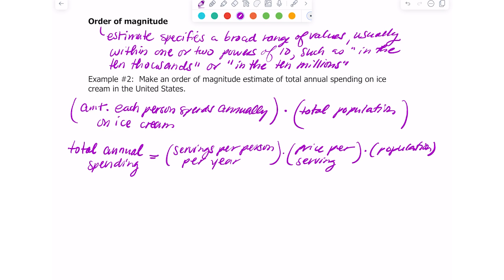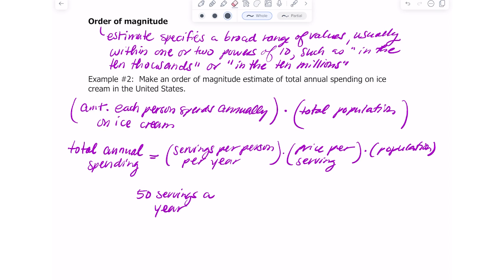So we'll just assume it's a scoop and maybe just a little bit more. That would be considered a serving. Or maybe one visit to the ice cream shop, or you're at home and you put a scoop of ice cream in a bowl for yourself. There are 52 weeks in a year, so that's about 50 servings per year. That takes care of the people that have more than one serving a week or less than one serving a week. I think 50 is a pretty